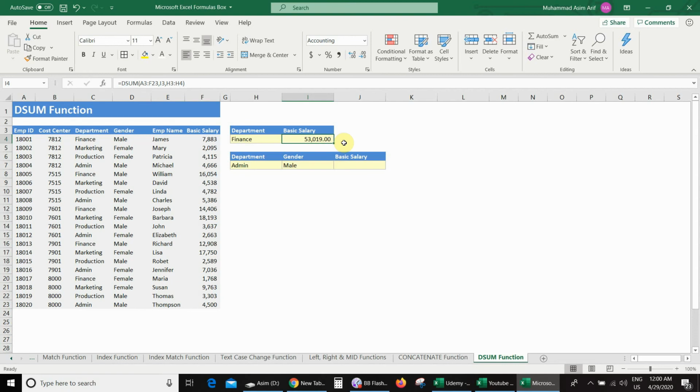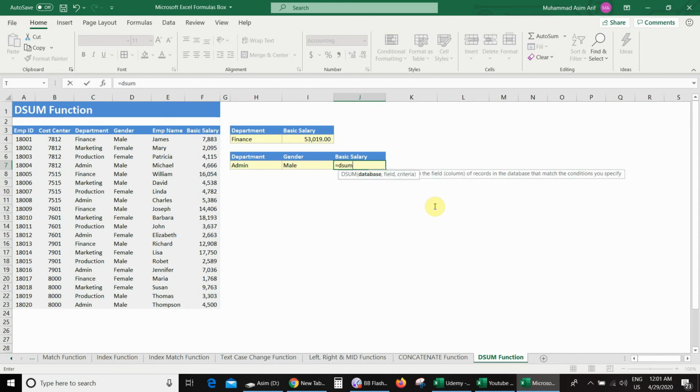In our first scenario, we have one criteria. But in case we have multiple criteria, we can also use the DSUM function here. For example, in our second scenario, I want to sum up the basic salary department wise and gender wise both. Then here I will also use the DSUM function, which is equal DSUM bracket. First argument is database. I will select this database,